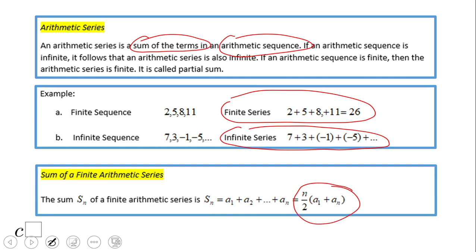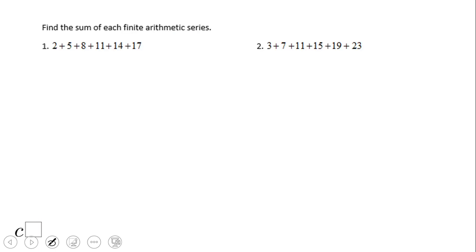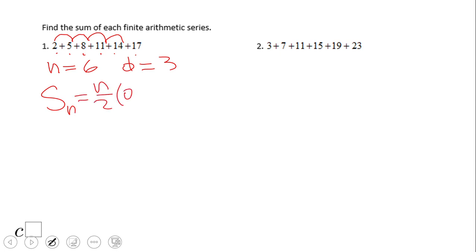So let's take a look at some examples. Here we need to find the sum of this arithmetic sequence, and this is probably the easiest case because we can count the number of terms: 1, 2, 3, 4, 5, 6. There are 6 terms, and the common difference is 3, but we don't really need that common difference. Why? Because the formula says Sn equals n over 2 times a sub 1 plus a sub